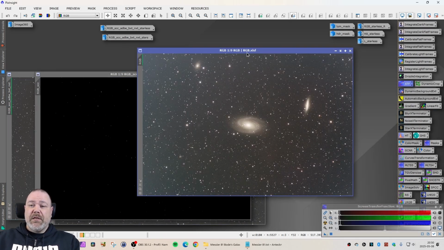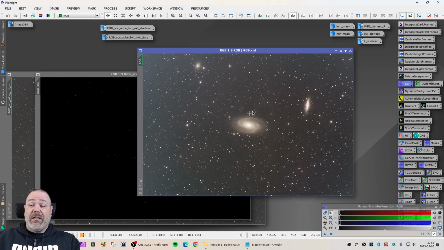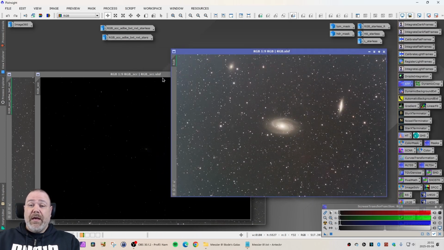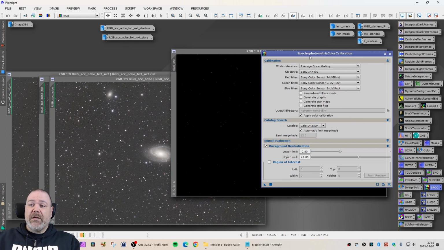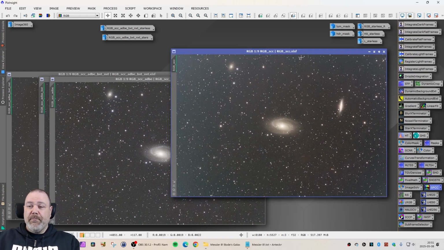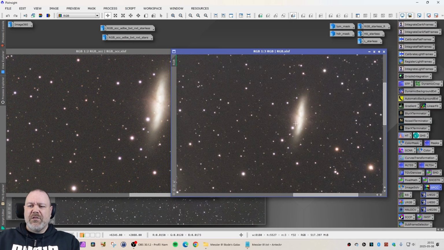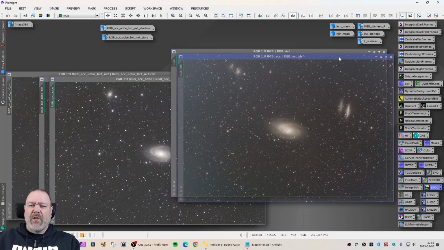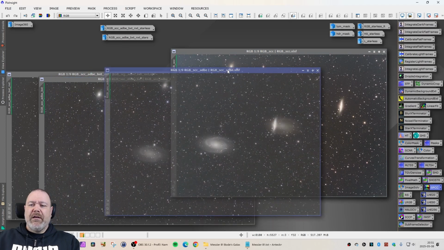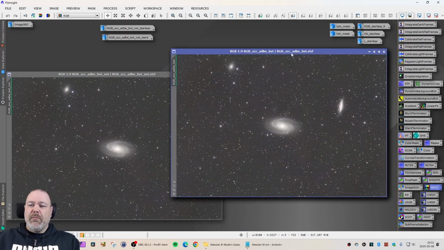Looking here at the individual steps, here's the RGB integration, and I haven't done anything to this other than integrating R, G, and B. And after that, I did a color calibration after an image solve. And for color calibration, I used the spectrophotometric color calibration tool, of course. And that calibrated the colors a little bit here. I don't know if you see such a big difference, but there are some subtle differences here. After that step, I also ran the automated dynamic background extraction, and after that, as normal, the blur exterminator and